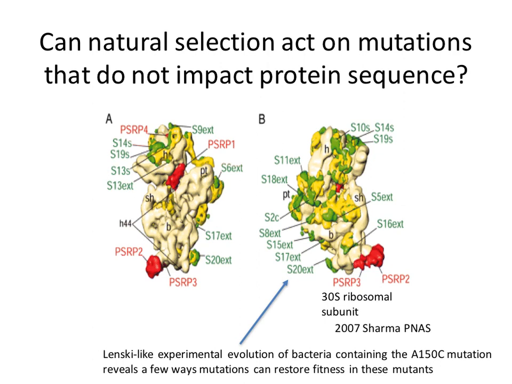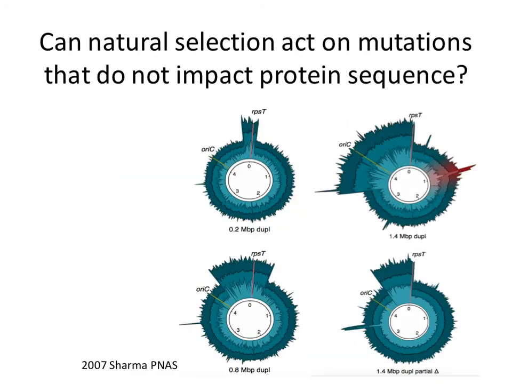So what sort of things would you expect to happen in evolution by random mutation to fix the A150C problem? What sort of things could happen to that gene? If it wasn't stable at that one spot, maybe make it stable somewhere else. Okay, so you could have other mutations that help stabilize that hairpin in the presence of this mutation. You could have reversion mutations. That A150C could turn back from a C to an A. They didn't see that, as far as I understand. There are a lot of different ways that bacteria might compensate. One of the most striking patterns that they found